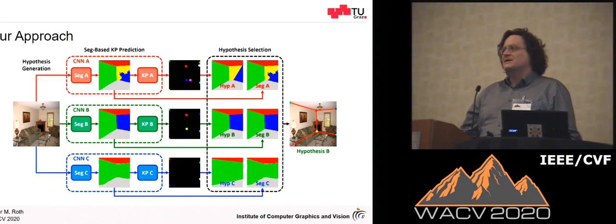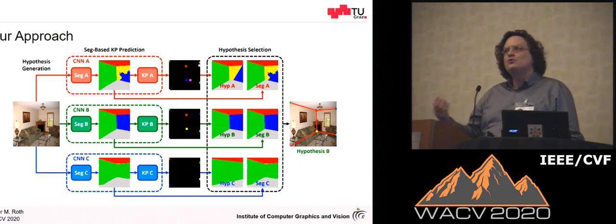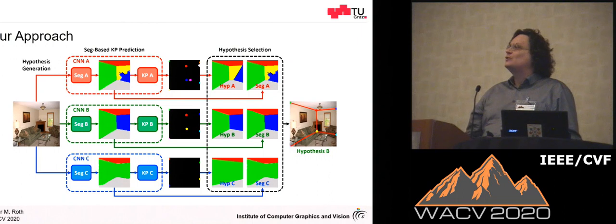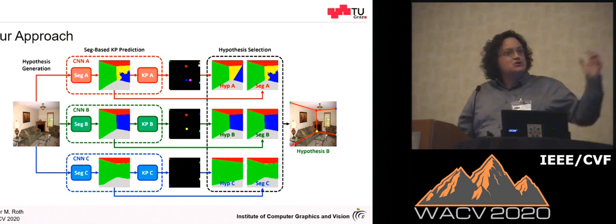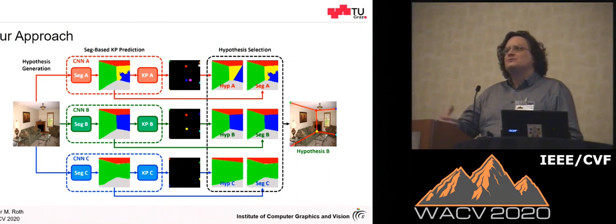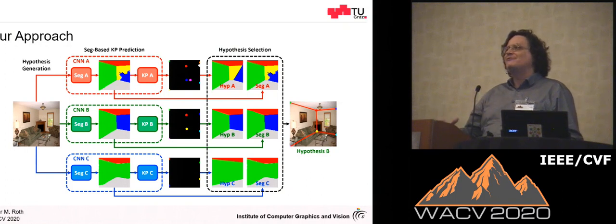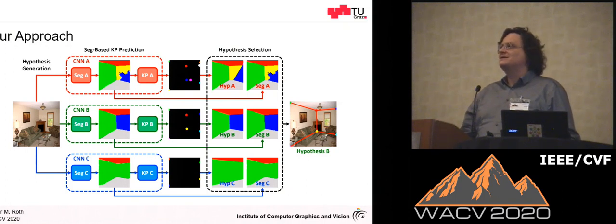The main idea is that we have different kinds of room types, which are finally described by the number of walls, which is 1, 2, and 3. These typical types are finally grouped together, and then we learn a CNN for two purposes. The first is, as we heard before, to run a semantic segmentation and then to extract these key points. This is shown here on the left side. So during inference we get an image, then we estimate the segmentation of the image, and from this segmentation we can extract the key points.